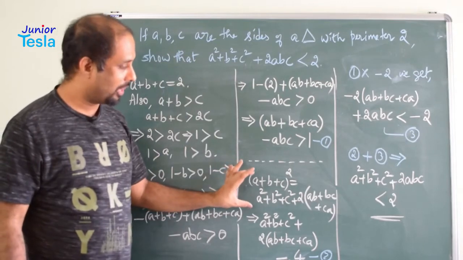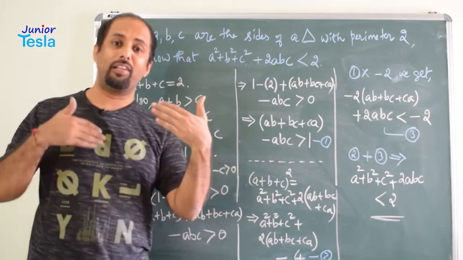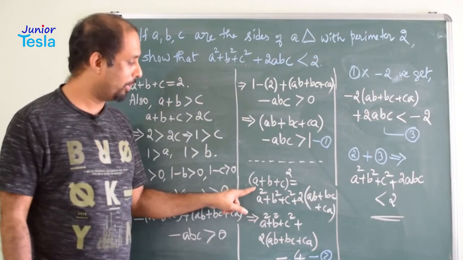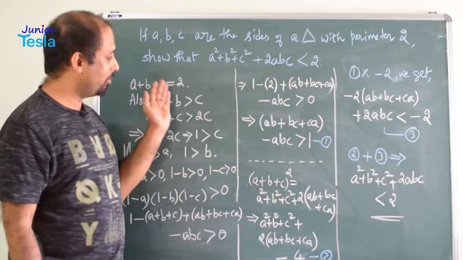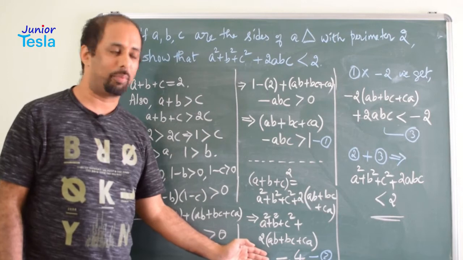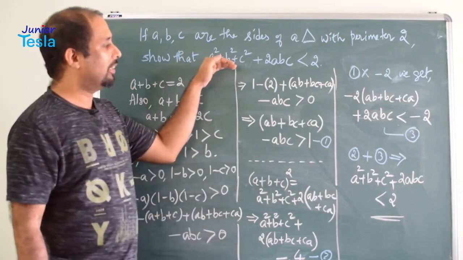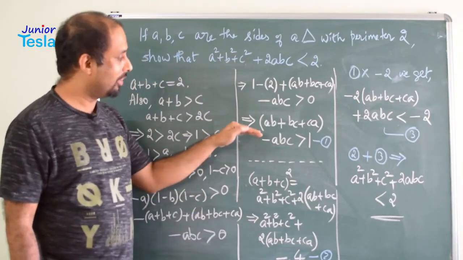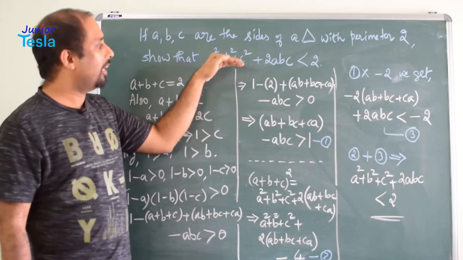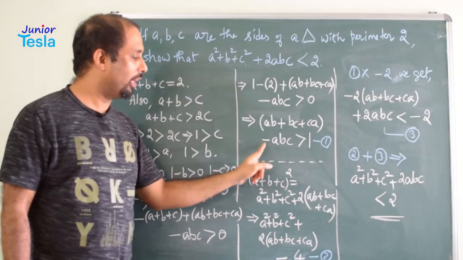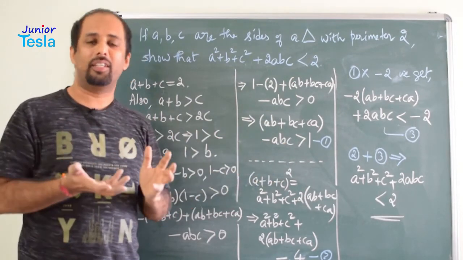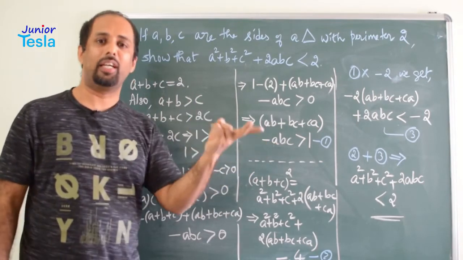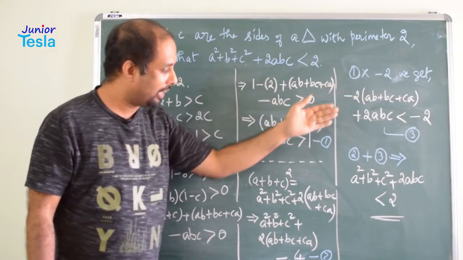So we have written the identity and then we can simplify it. Whenever it is possible to simplify, we have to do that. Here it is very easy to simplify because the perimeter is equal to 2. A plus b plus c is 2. So we have made use of that information and we got this simplified expression. Then again we saw what is asked and what we have got. Then we are comparing this with this. To get this expression, we need 2abc, but we only have minus abc. So we manipulated the inequation. We got plus 2abc by multiplying negative 2 to this inequation. We got this. Then we added these two expressions.